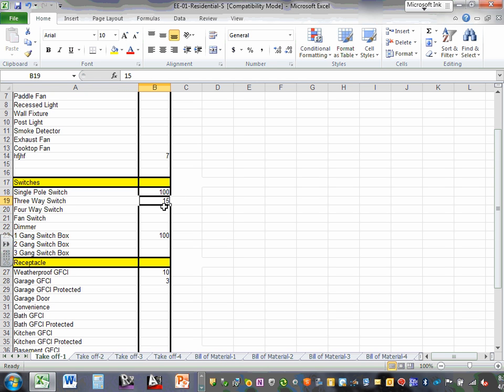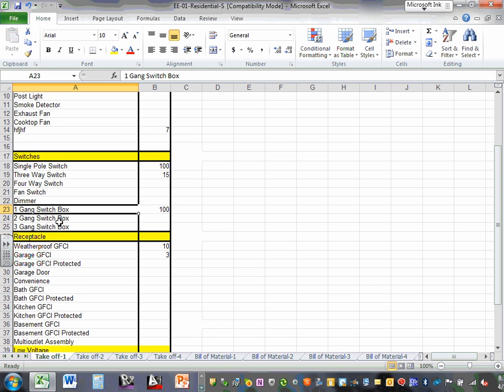Big, don't delete it. What I suggest, guys, if you don't have any of these, instead of deleting them, just put 0. Don't delete. Try anything that you don't have and it's on the sheet, other than the fixtures, try to put 0. 0 means I know I looked at it, but I don't have it, but it's 0. Cool. So now we get into the fan switch, if any, dimmer, and then we have the single gang switch,